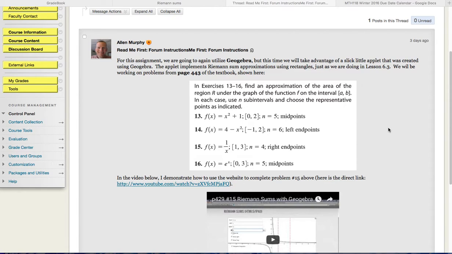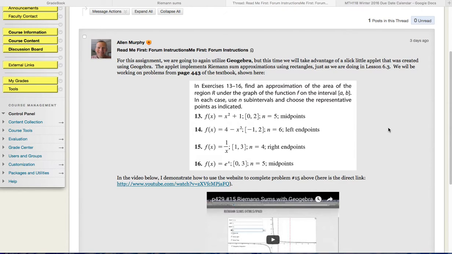So we've been computing Riemann sums, and as you know, we're using a tool made with GeoGebra that will compute the Riemann sums for us. It'll draw the pictures, graph the function, and draw in the approximate area under the curve. Unfortunately, the tool that we were using does not compute Riemann sums that use the midpoint for the representative x value. So I found a tool that does use that, and I'll link to it in the Blackboard,